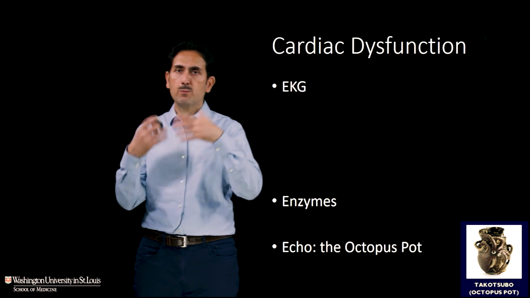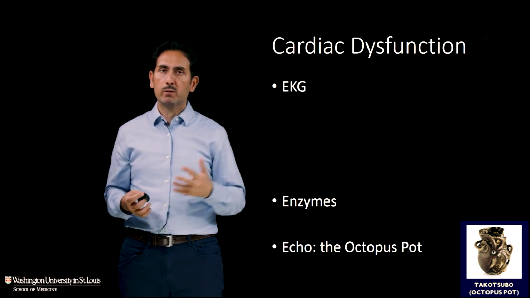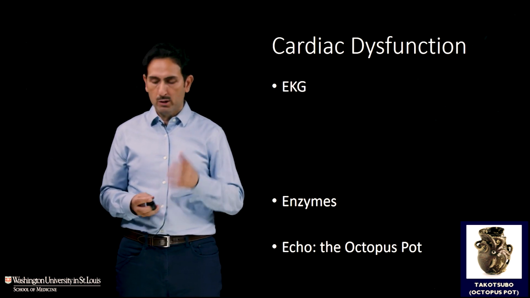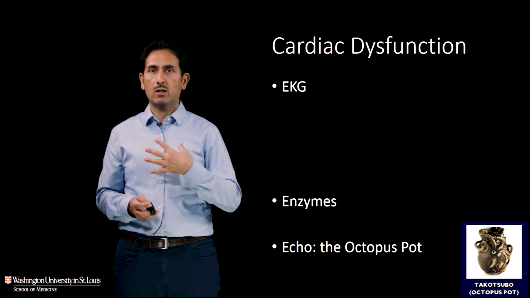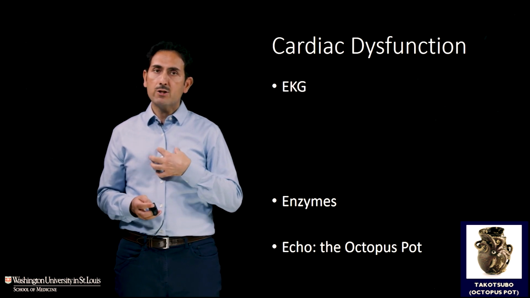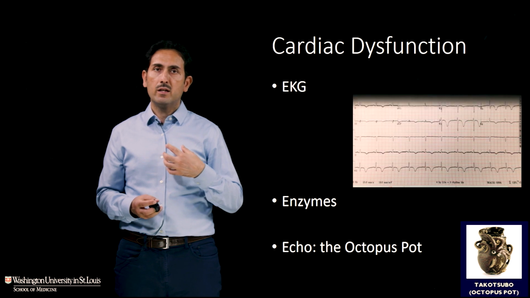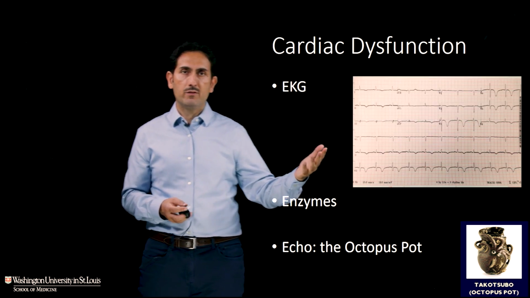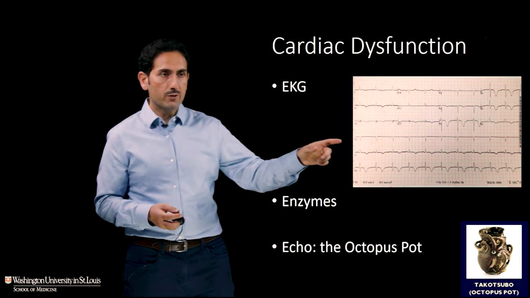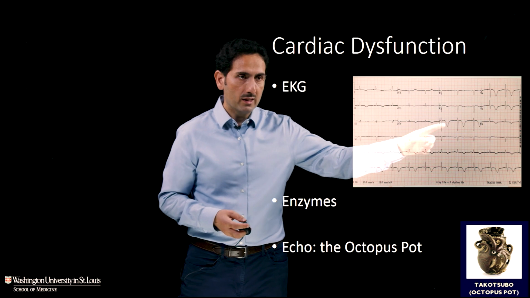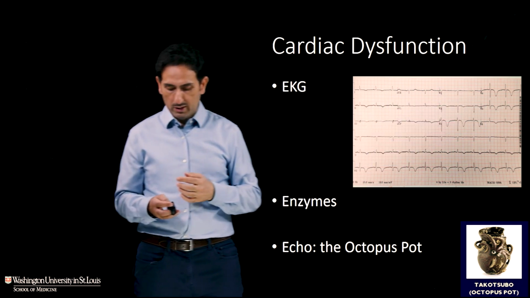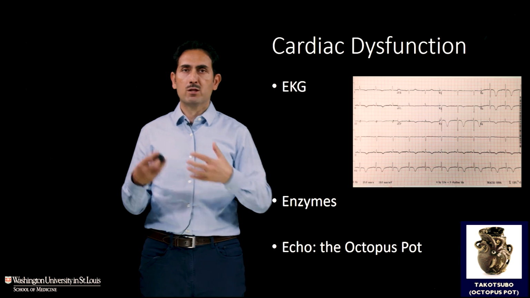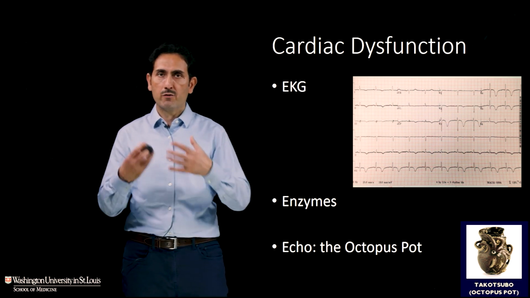What else can happen when there's blood and bleeding and high intracranial pressure in the brain with a subarachnoid hemorrhage? Well, one is it can affect the heart, as I mentioned. How does it affect the heart? It can affect the heart rhythm. It can affect the EKG, cause arrhythmias. And so here you see an example of an EKG, and you see diffuse T wave changes in some of these leads. These T waves are inverted, and they should be pointing upward. And these are typical changes of the brain affecting the heart, so inverted T waves.